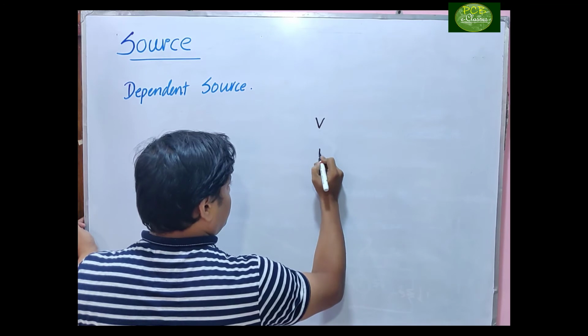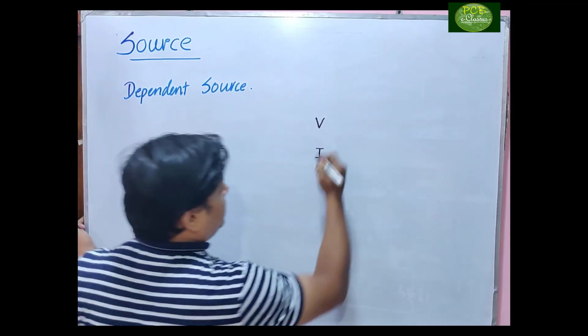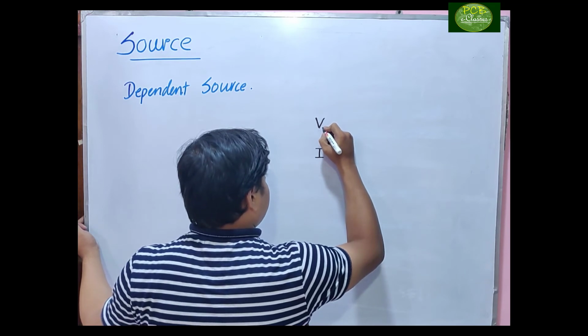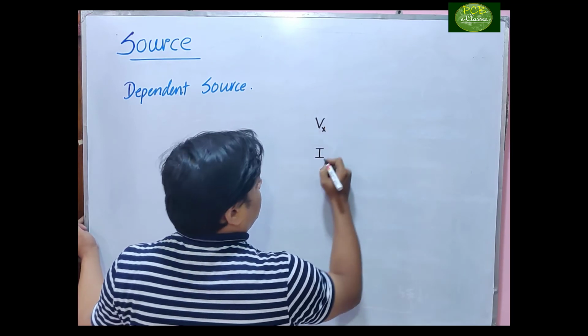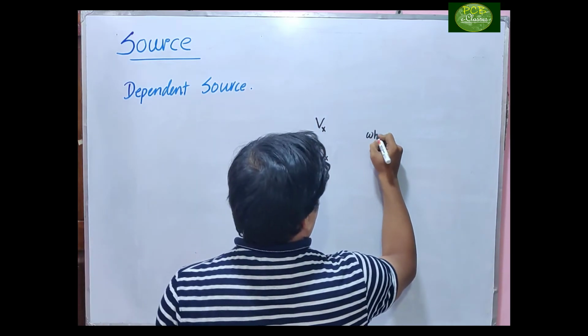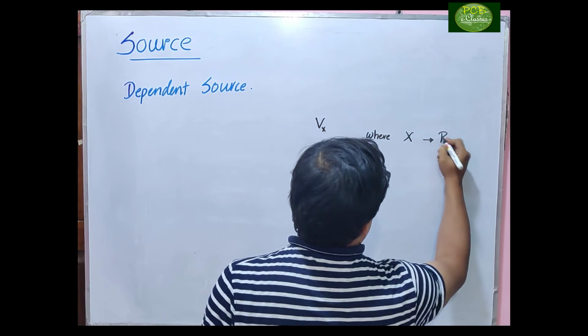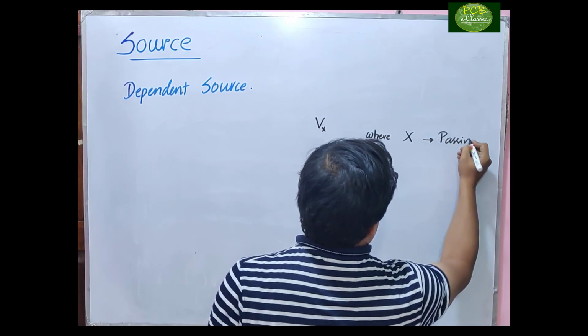Voltage or current. Of a passive element, so I am taking this one as Vx and Ix, where X is a passive element,